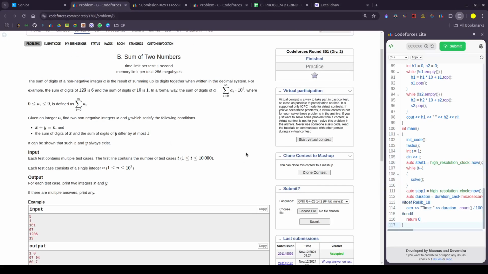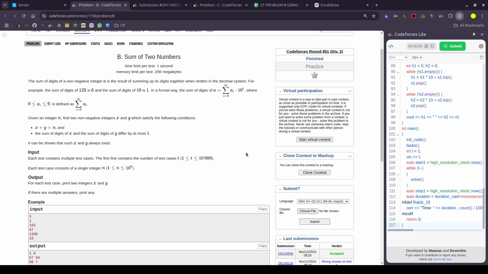So now we are going to solve the problem from Codeforces round 851, Div 2. The problem says that the sum of digits of a non-negative integer a is the result of summing up its digits together when written in the decimal system. For example, the sum of digits of 123 is 6 and the sum of digits of 10 is 1. In a formal way, the sum of digits of a is the summation of a_i times 10 to the power i, where a_i is greater than or equal to 0 and less than or equal to 9,